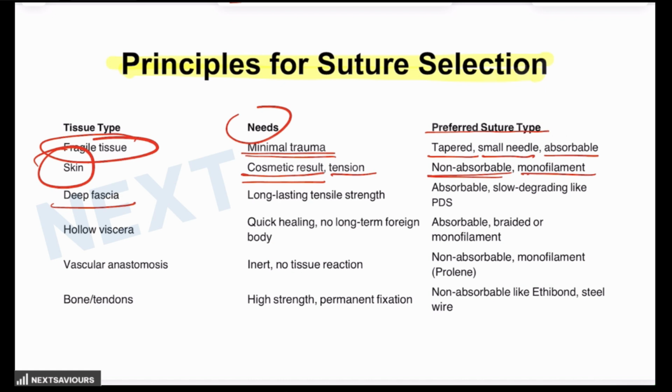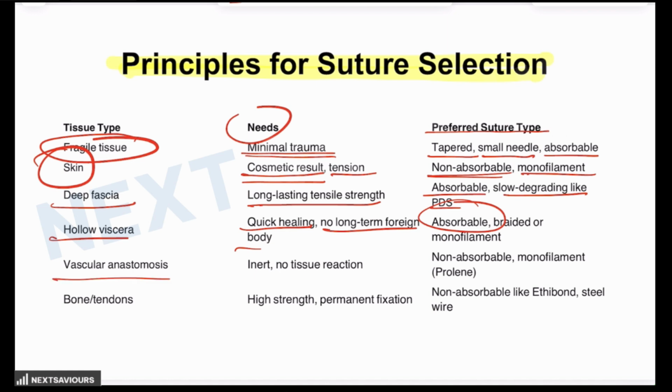For deep fascia, long-lasting tensile strength is required. For that, absorbable, slow degrading like PDS type of a suture is preferred. For hollow viscera, quick healing is required. No long-term foreign body is also required, and that is the reason why absorbable sutures are utilized for the fixation